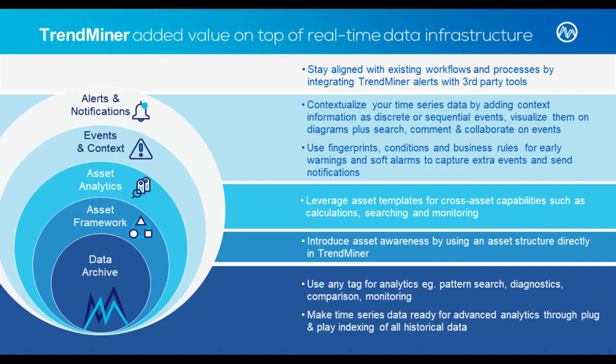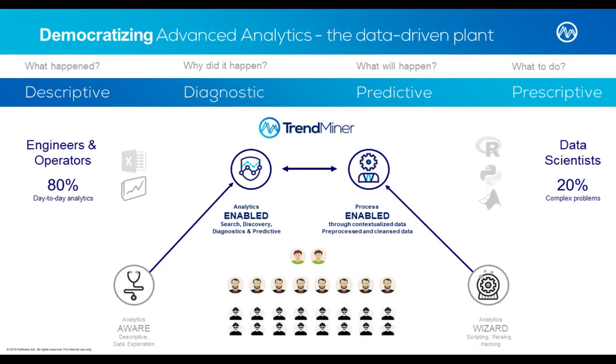But I can actually also integrate with third-party tooling to stay within my existing workflows. So for example, if I want to send out an alert about a pump that's in a bad condition, I can send this right away to, for example, an SAP maintenance system where a notification gets created. And so from there, it stays within the normal flow of processes. From there, that notification can be picked up and potentially changed into a work order if that is necessary. So having that alignment with existing processes is really important.